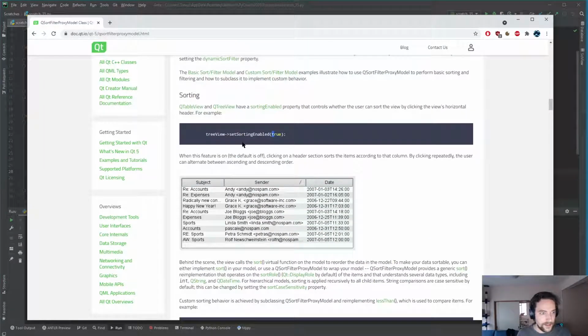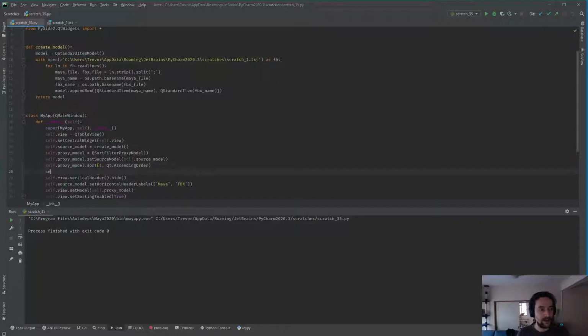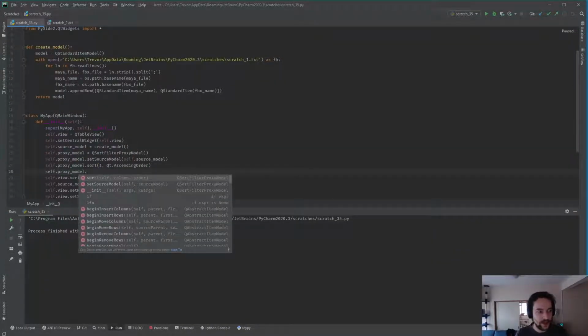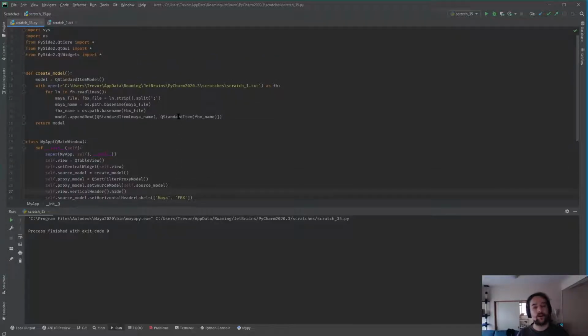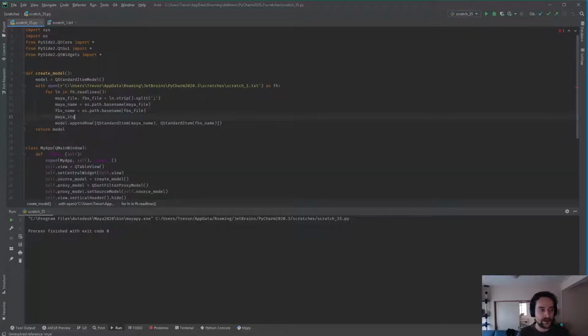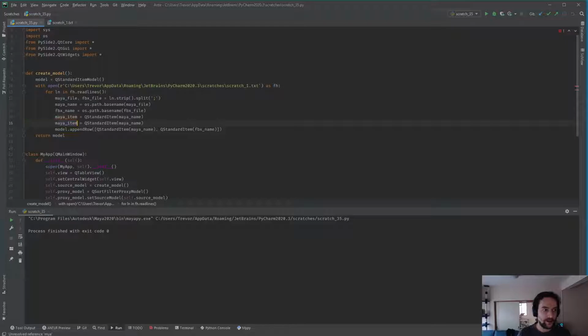Yeah, I think you can do a lot more on top of the proxy model. Like the proxy model has a sort role, for example, and you could sort by something other than the text that you're reading. So you could sort by some hidden data internally. And that's actually what I want to do next: when I create these QStandardItems, I'm going to put them into variables, and